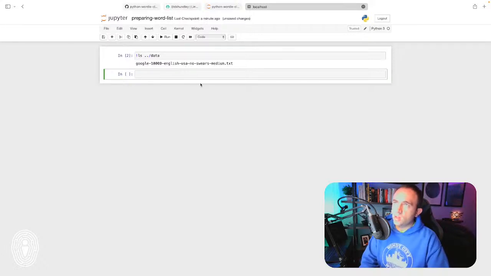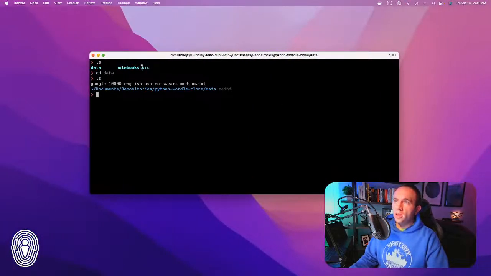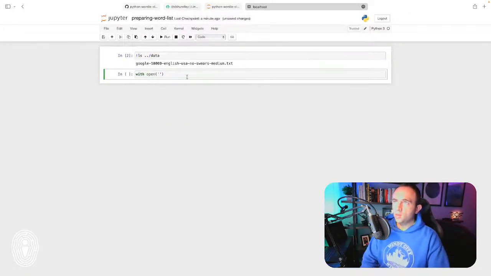Okay, so the way we load this up is we do a with open. What this is doing is basically saying the open command is going to open this text file up here, and so we need to point to where that is. Right now, we are in this notebooks directory, and we need to go up one and then down one into data in order to get that data. So the .. is to go up one directory, and then we do a slash, so data, and then slash